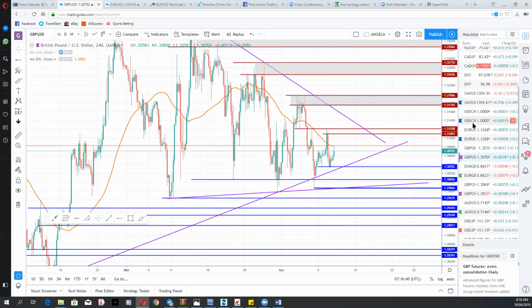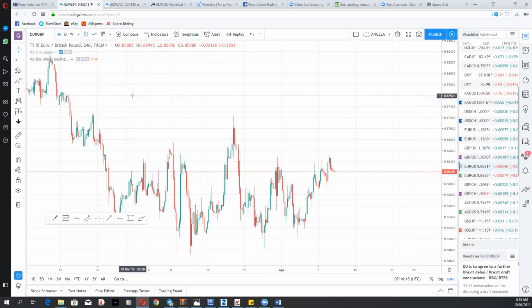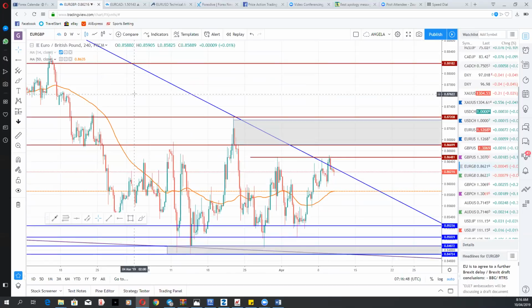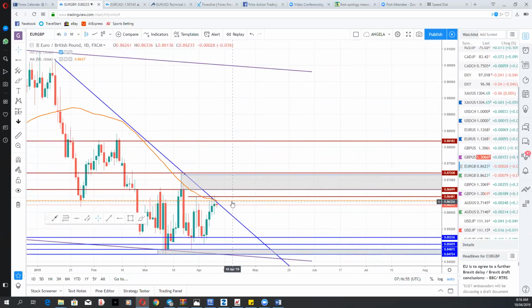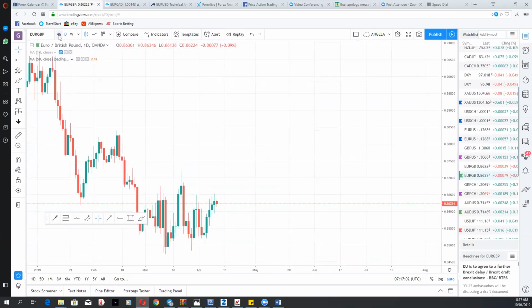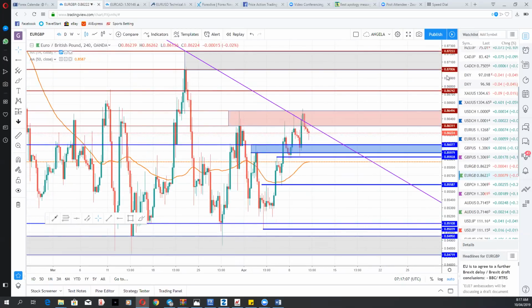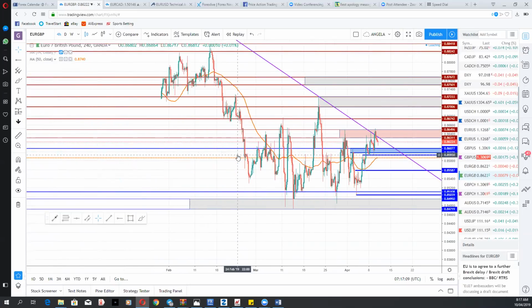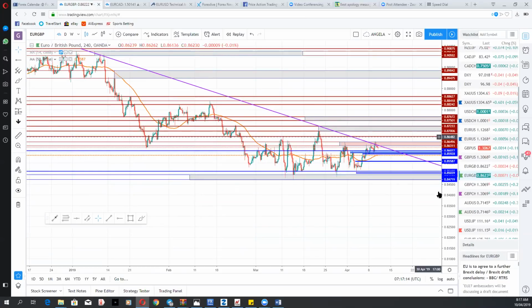So the next part we're looking at is EURGBP. Looking at the EURGBP from a daily point of view, the candle closed as a doji candle, an indecision candle for yesterday. And if you observe, there's a falling trend line. You see the trend line is coming from way up there.